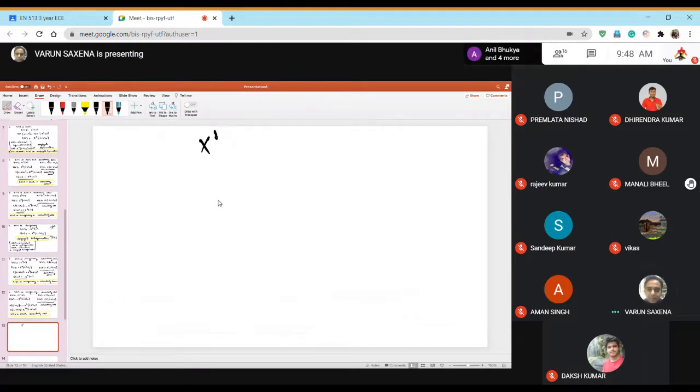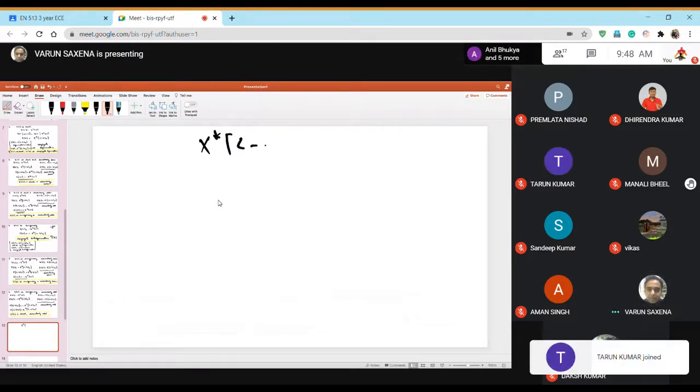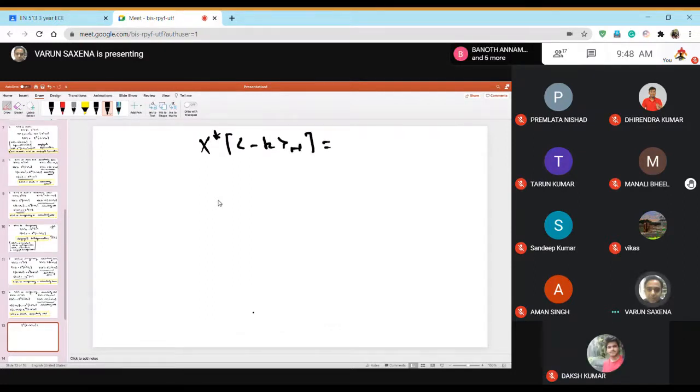x conjugate minus k by n is same as x conjugate n minus k. So this is something that I would want you people to, in your leisure time, try to derive yourself and see whether you get the same result or not. So this is something that you need to probably look into yourself. But I'm giving you this result. This is an important result. So try to do it yourself. Okay.